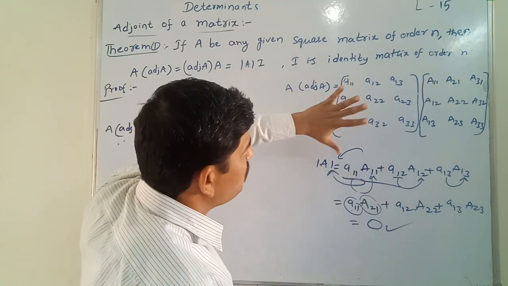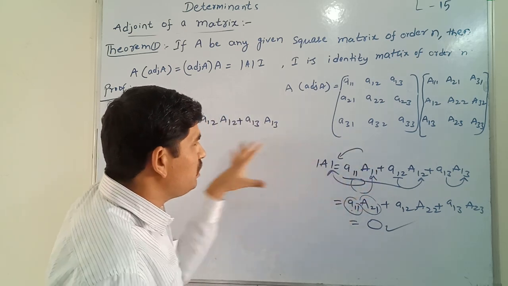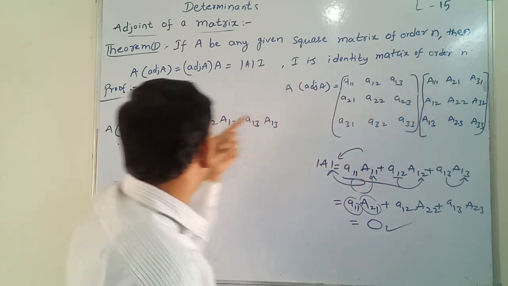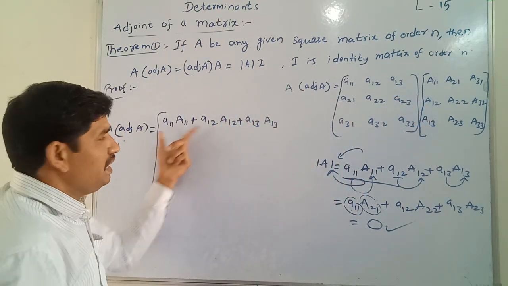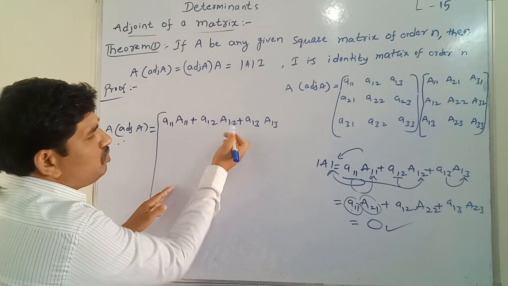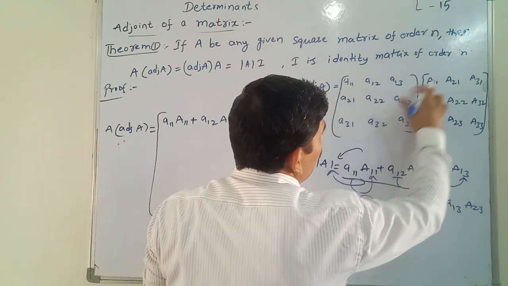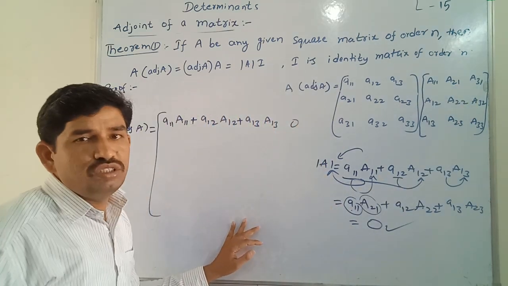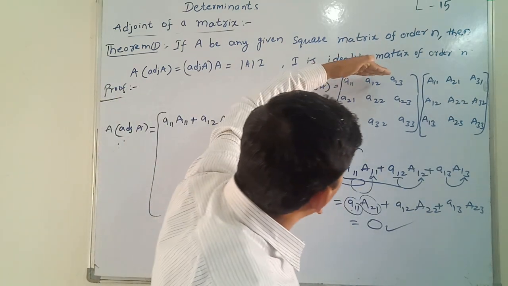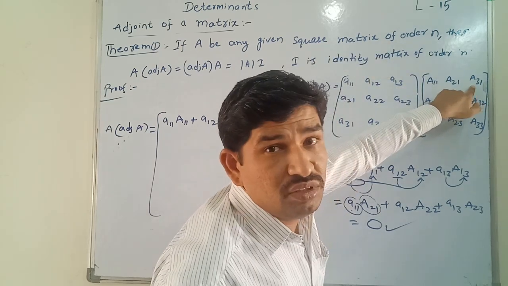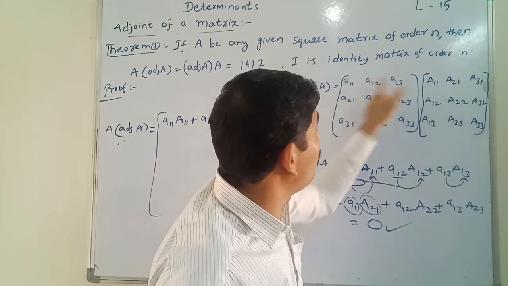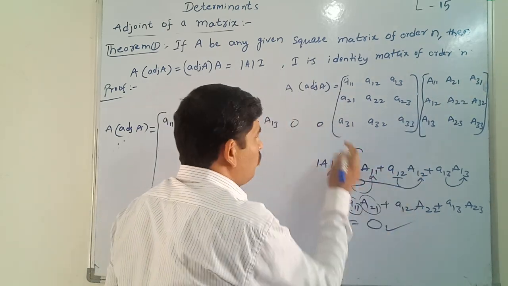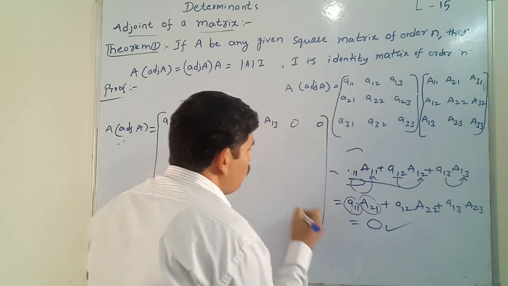So in this matrix, these two situations will occur in the resulting matrix. We are taking the first row and multiplying with the first column. Yes, this is the determinant of A or not? Yes, A11, A11, A12, A12. Next, by taking the first row and second column, A11 into A21 will give the result 0. Yes or no? Now we are taking the first row again with the last column. This is the different one, so again we write 0.